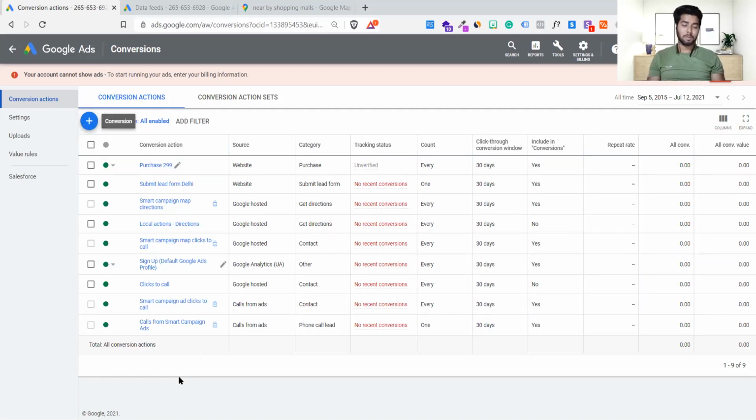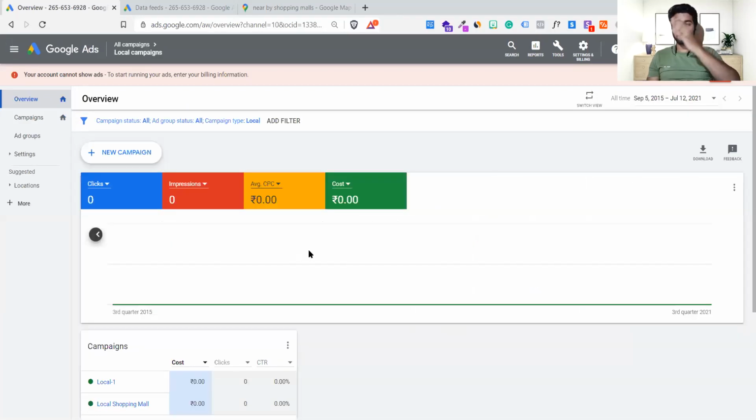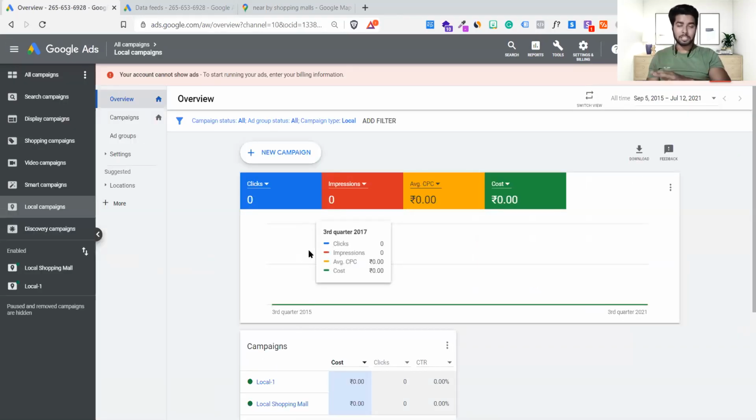Better option, far better: I can do it manually. This calculation I'll do manually. Suppose 100 people click on my call extension, or maybe call ads, and I got 30 calls. I'll get to know what my click through rate is, what the conversion is. I can do this basic calculation manually. It doesn't require this. That's why we say don't always rely on automation. We have to use our brain to utilize the best systems inside. I hope you're clear, guys.